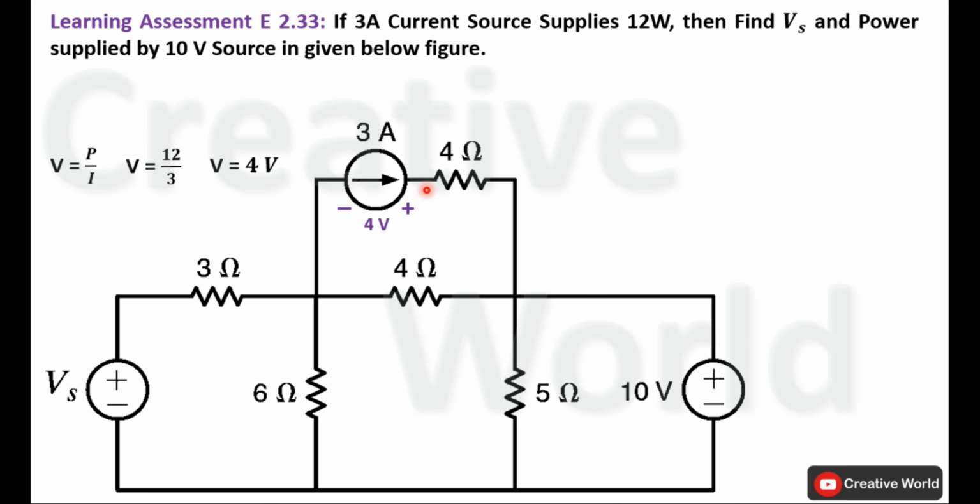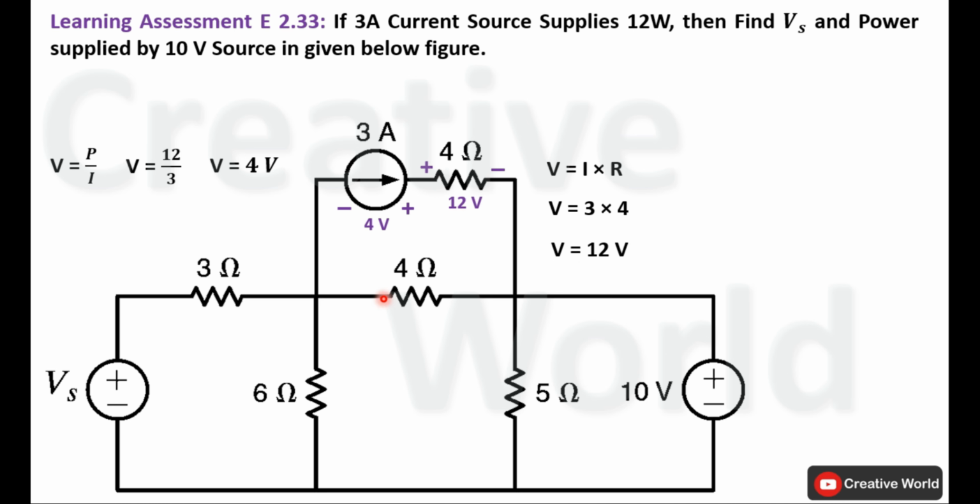Now this same current is also flowing through this 4 ohm resistance because of series connection, and the current entering terminal will be taken with positive sign and the current leaving terminal will be taken with negative sign according to passive sign convention theory. So using Ohm's law, we can calculate the voltage across this 4 ohm resistance as well. Voltage across this 4 ohm resistance will be V equal to I multiplied by R. I is 3 ampere and the value of resistance is 4 ohm. So the voltage across this resistance will be 3 multiplied by 4, that is 12 volt. Now we can place this calculated voltage across this 4 ohm resistance, 12 volt, with this polarity.